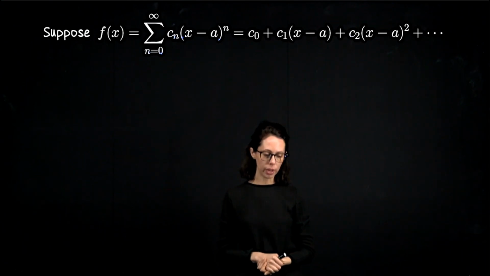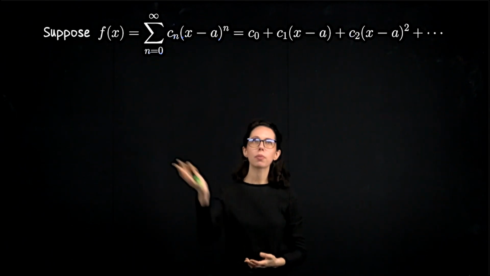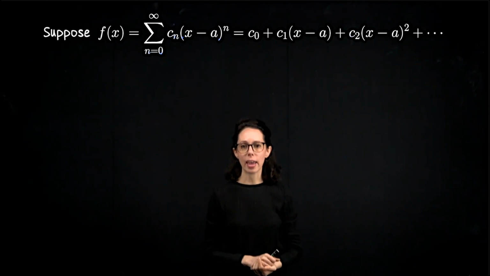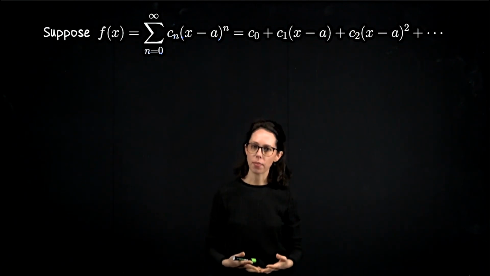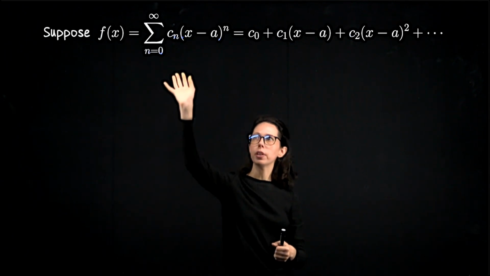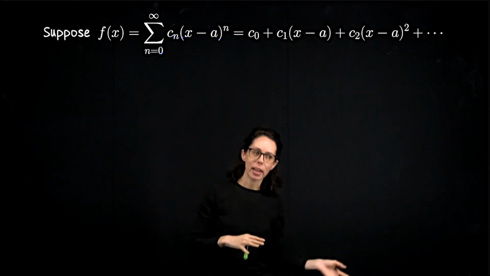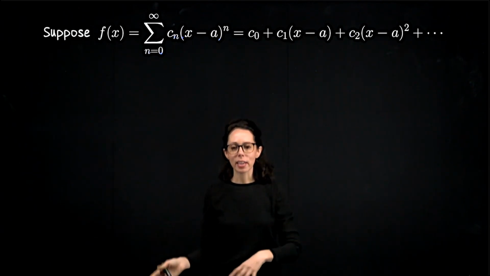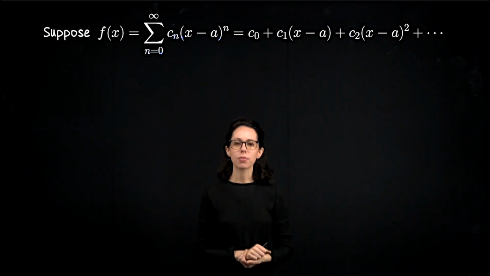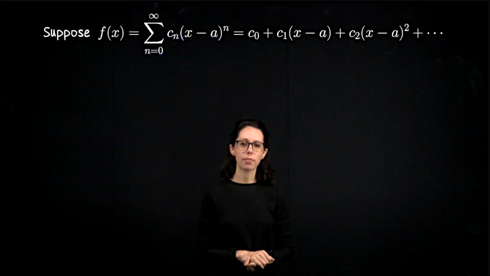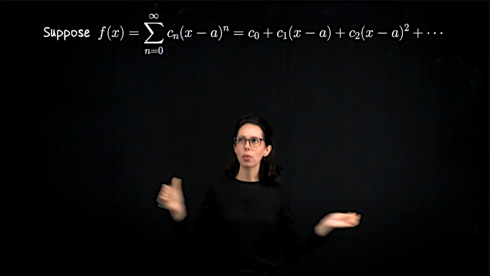Okay, what I'm going to do is take f of x and its series expansion. I'm going to write out the first few terms. Then I'm going to plug in the center a so that we see what f of a is. Set that aside. We'll differentiate to get f prime of x. For practice, I'm going to differentiate both the series expression as well as the expansion, and then we'll plug in a, set that aside. Take the second derivative, series, expansion, plug in a. So we're going to keep differentiating f of x. Every time we differentiate, we will then evaluate our new derivative at the center point a. Every time we do, we're going to notice that the same thing happens. Okay, so let's do it.